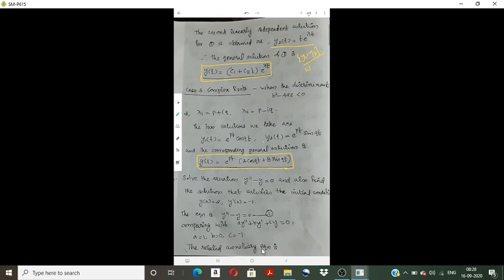So we have obtained A, B and C. Then the auxiliary equation is A lambda square plus B lambda plus C equal to 0. That is A equal to 1, B equal to 0, C equal to minus 1. So the equation will be lambda square minus 1 equal to 0, which is of the form A square minus B square. So we can factorize that. Then we will obtain the values as lambda 1 equal to minus 1, lambda 2 equal to 1. So real and distinct roots are there for the auxiliary equation.